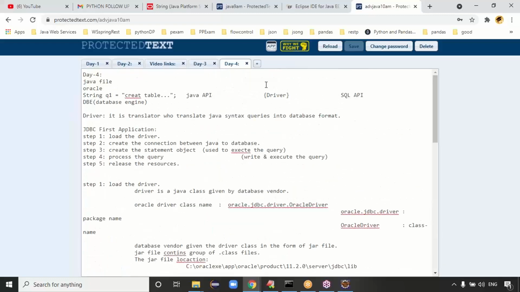We'll continue tomorrow. Bye, guys. Stay home, stay safe. Don't go outside, guys. Situations are not at all good. Even if you pay lakhs, there are no beds in hospitals. Please take care. Bye, guys. Tomorrow we'll meet.